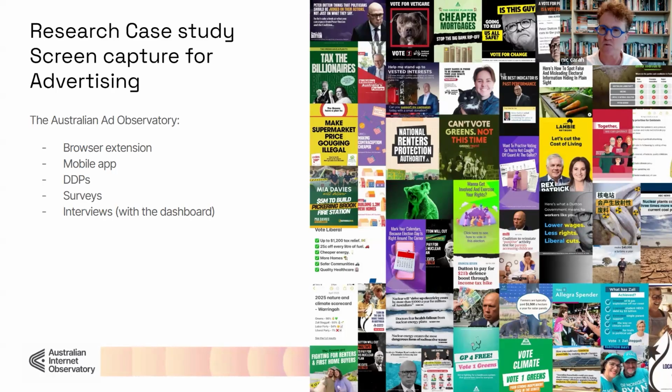And so that enables us to really analyze advertising at a scale in Australia that really is fairly unique in the digital era. But what we also pay a lot of attention to in this project is how donated data enables very close and situated forms of co-analysis with participants. And so the dashboard that we use to monitor the collection of ads, we also use as a tool in interview settings where we're able to bring up an instance of the dashboard that just shows the ads an individual participant has donated to us.